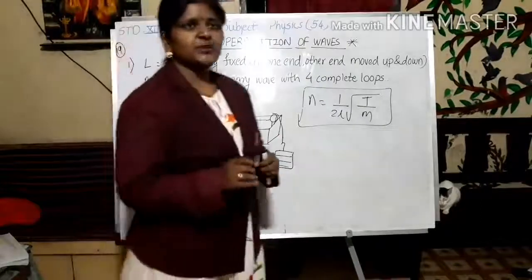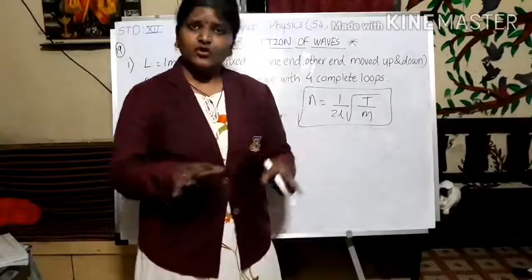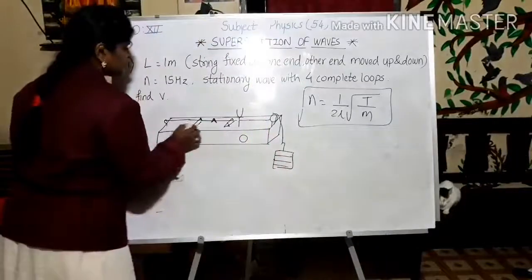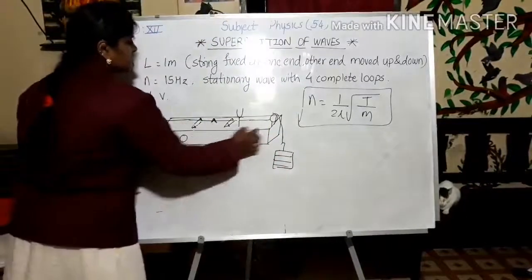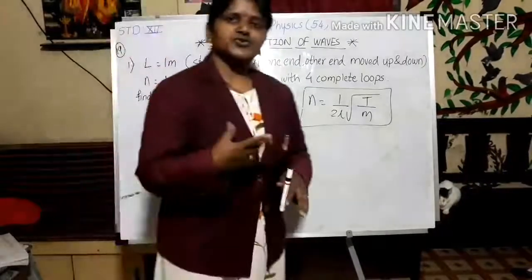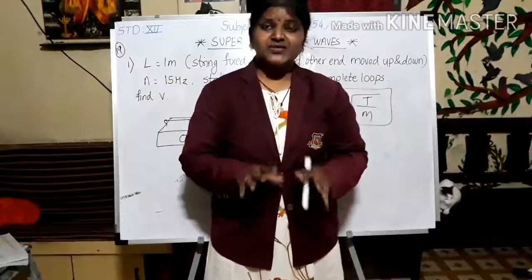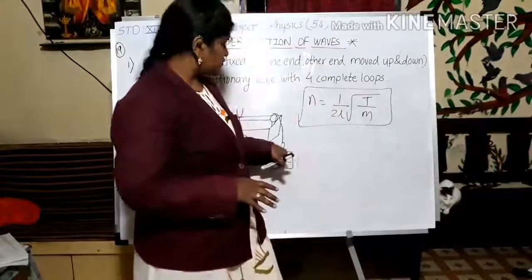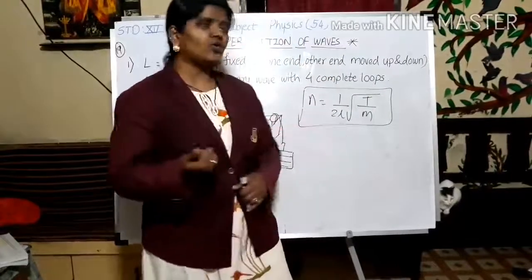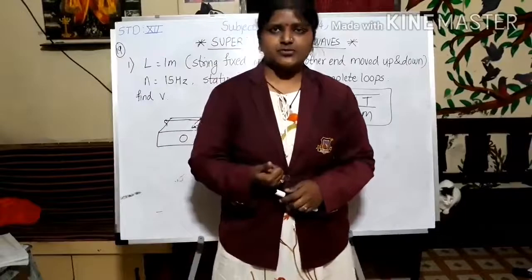If the paper rider does not fall down, you can move these bridges far away or near to each other, so that you will get the exact resonating length where the paper rider will fly off. So this is all about the sonometer. By using this, we have verified the law of length as well as the law of tension.